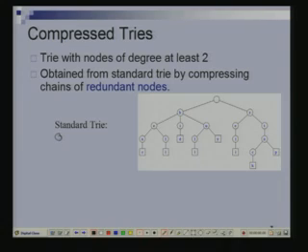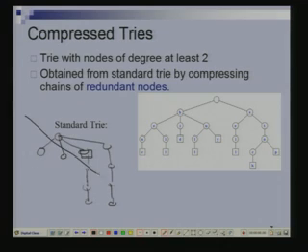So my previous example will now be fixed. In my previous example I had said I have a trie in which there are a bunch of words, each of which begins with a different character. So I had created such a long chain like this. Now if I compress them into a single thing, then this entire thing becomes just one node here. I'll just show that to you in a second.